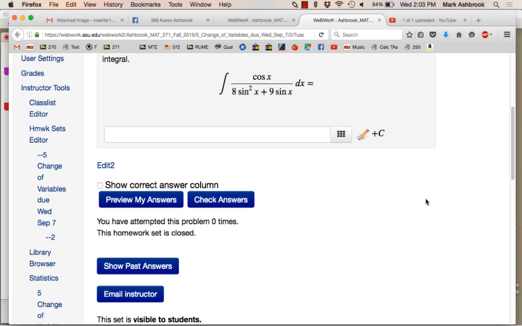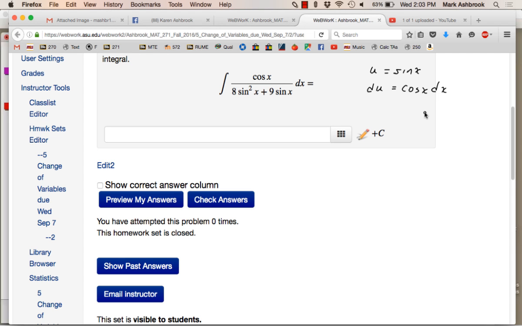Okay, so I think we look at this and we say, what can we do with this? So we're thinking, it's looking 8 sine squared plus 9 sine x. Well, that kind of has a polynomial feel to it, right? But it's got the sine in it. So how can we get rid of the sine? We can make u equal to sine x. And then du equals cosine x